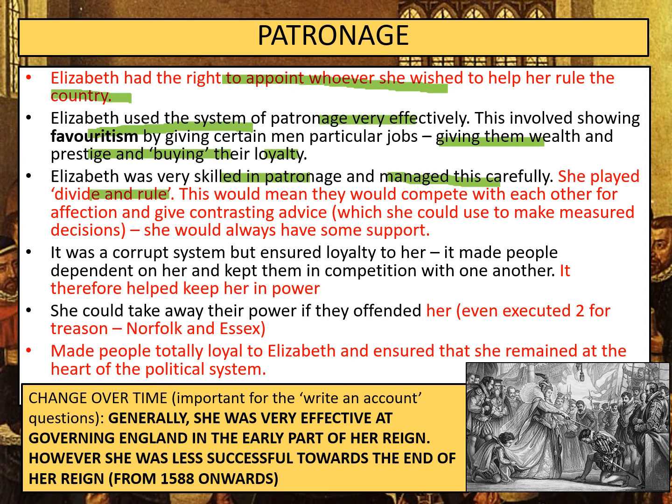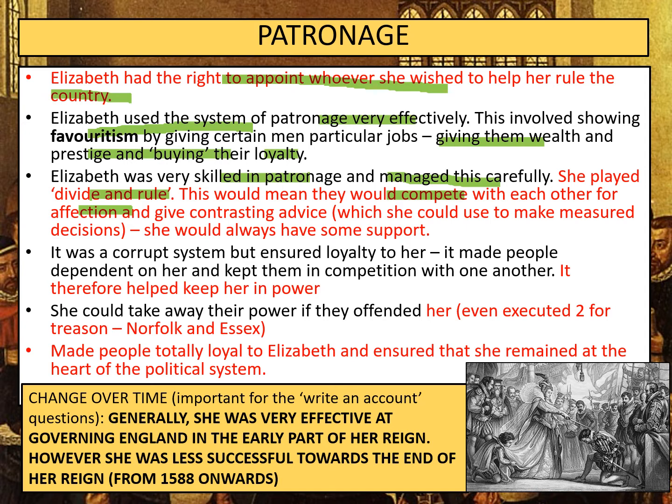She would basically hire men who had opposing views and create rivalries and factions within her government to try and make sure that those men were competing with each other for affection. And this would then support her by making sure that they didn't gang up against her. Previous monarchs had had difficulties with factions where they couldn't manage them effectively, but for Elizabeth, this helped her rule